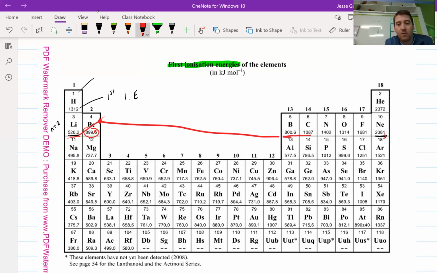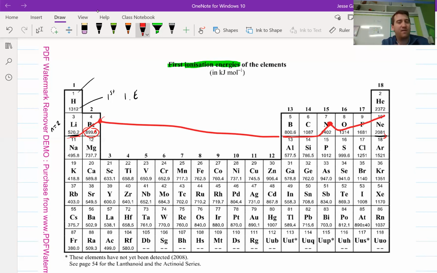Then it's going up, and then there's a big jump up to 1402 before coming back down to oxygen, where that doesn't go down that much. So it goes up, there's a big jump up to nitrogen, down to oxygen, and then continuing up, up, up. So there seems to be a spike there at nitrogen and a spike there at beryllium. This is what they're getting at when they're talking about